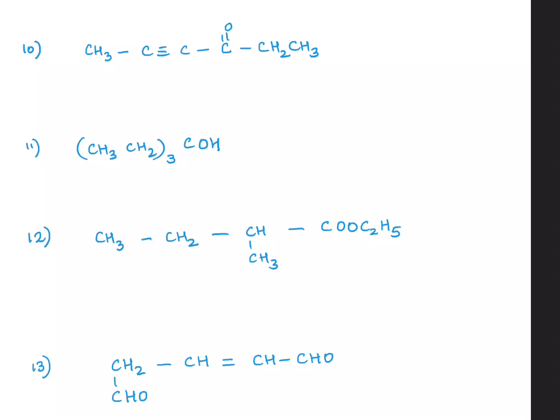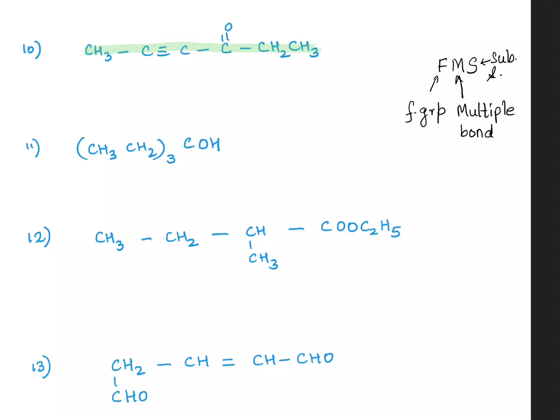Question number 10. So here we've got the chain. Let's highlight the chain first and select the longest chain containing the functional group. So here I have highlighted the chain. How are you going to number it? Left to right, right to left. Remember the FDTS rule, or simply put FMS. First preference goes to the functional group, followed by the multiple bond, and lastly is the substituent, right? The alkyl groups, the halo groups.